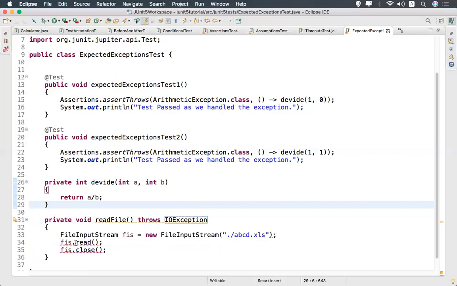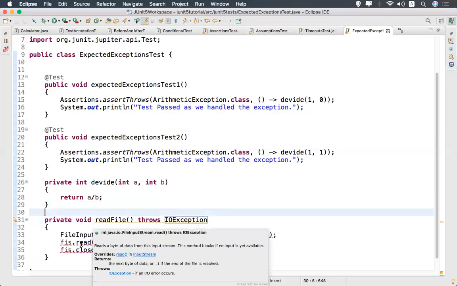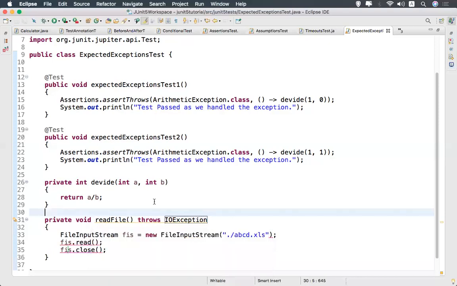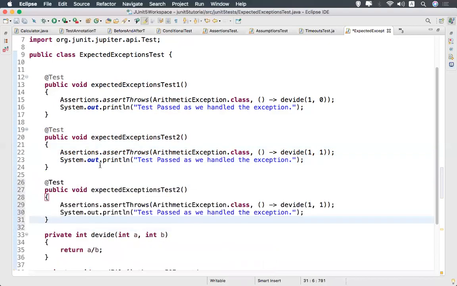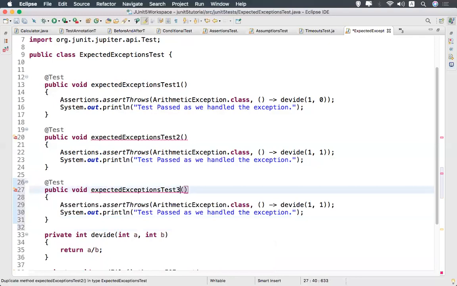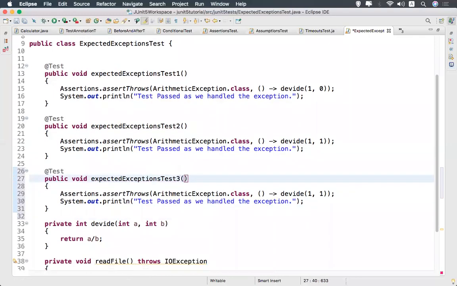We'll take one more example. I'll copy paste this, test 3. This time, what exception can you expect? FileNotFoundException, right?